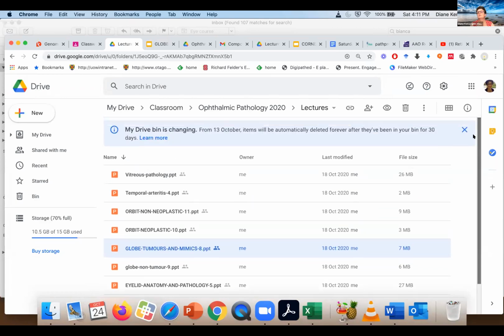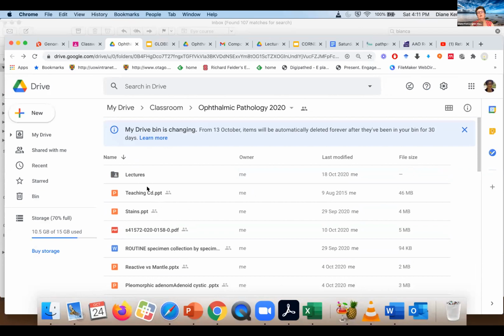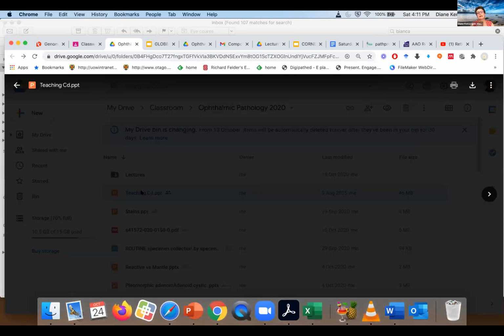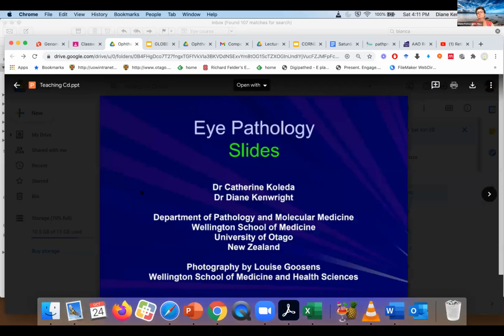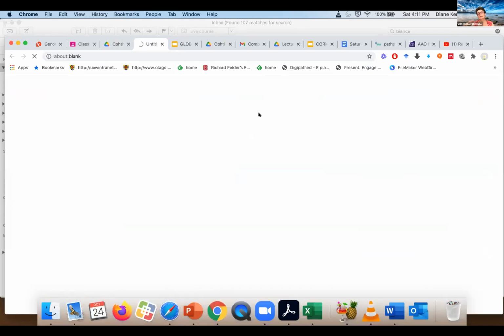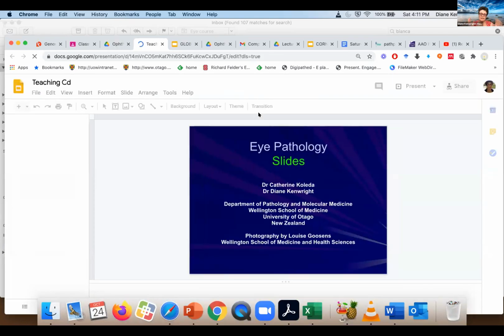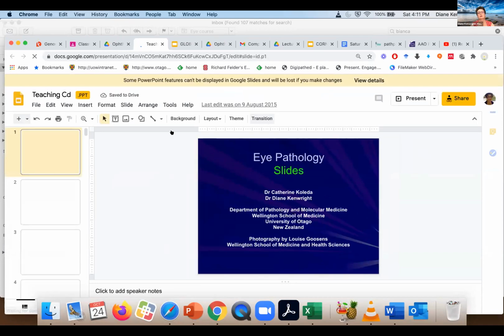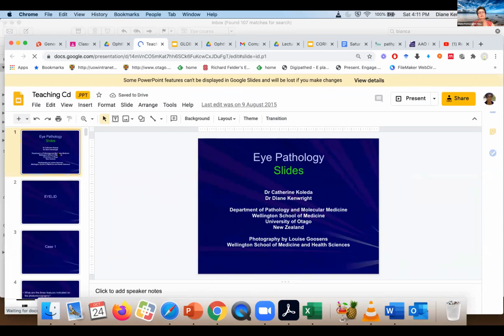And along those lines, there's another set of fast revision things here, which is right below it. Just go back one, called the teaching CD. This is the one I gave to the college a little while ago, and again has pictures like you'll get in your exam, and then a diagnosis. So for example here,